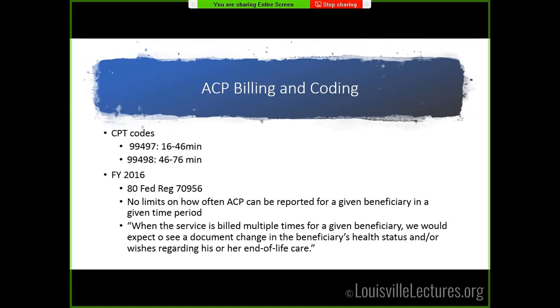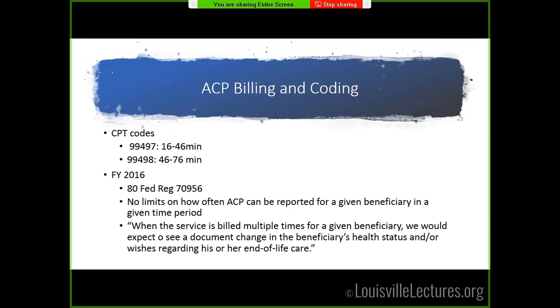So the cool thing about all of this is that it is something that we can bill for. I think rarely in medicine do we feel like good work that we do that's hard to do and Medicare reimbursement overlap. This is thankfully a place where that is true. So there are 2 CPT codes, 99497 and 99498. Both of those are the advanced care planning codes.